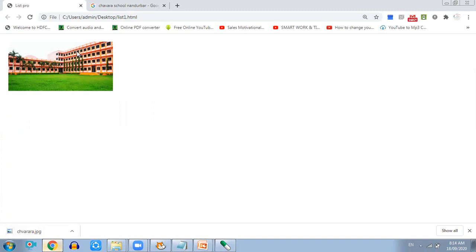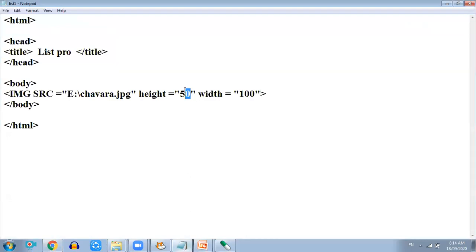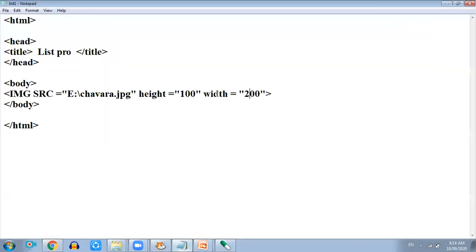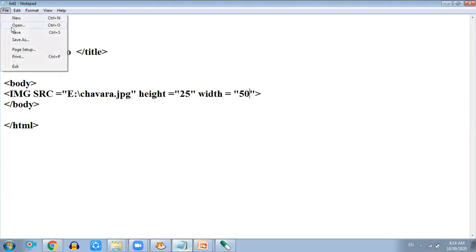Got it? If you want to increase this size a little more, go and make it height 100, width 200. Save the file and refresh. If you want it smaller than that, a very small image, here you can do 25 and here 50. So make changes and just practice, so you will understand the difference.